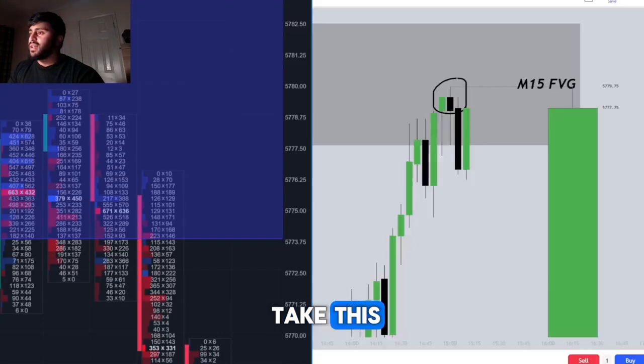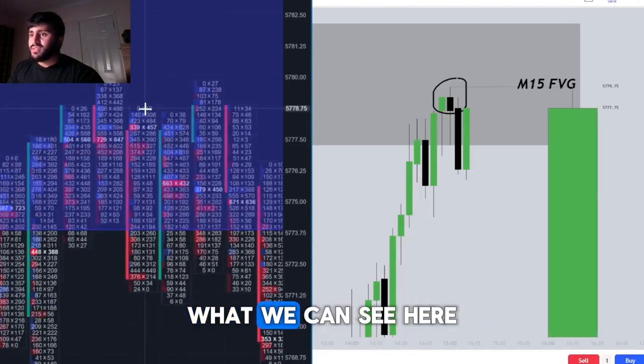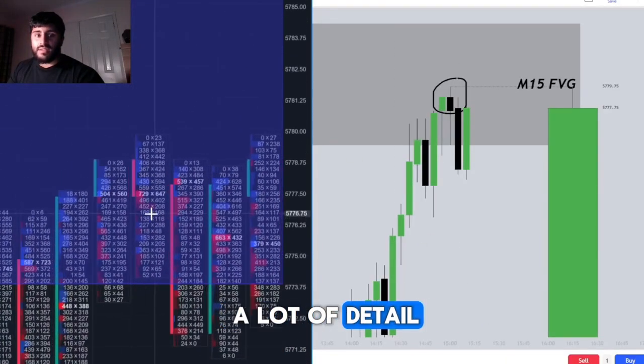So if we just take this in line with the candlestick chart, what we can see here when we look at the order flow in a lot of detail, we can actually